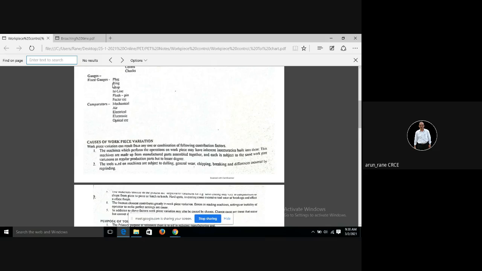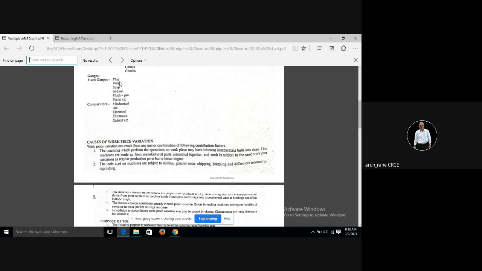because if you want to measure the outside diameter, then there is another gauge which is called the snap gauge. The snap gauge is similar to your plug gauge, but the snap gauge is used for measuring the outside diameter. Plug gauge is used for measuring the inside diameter, right? And again in snap gauge there is a provision of go and no go. Same thing, go should go and no go should not go.